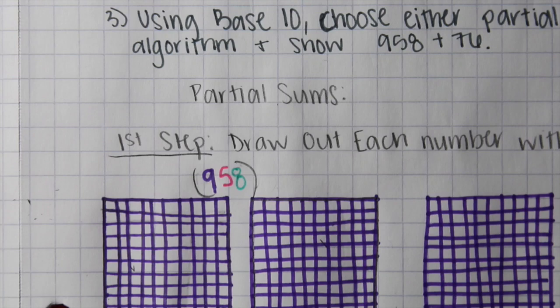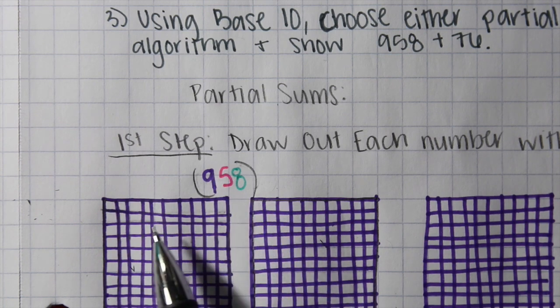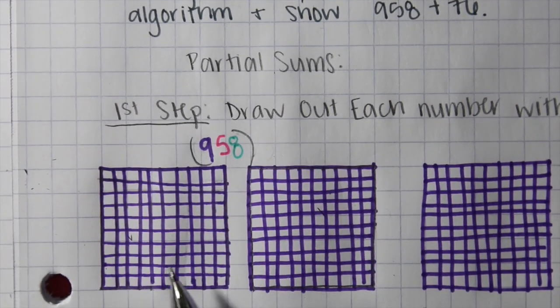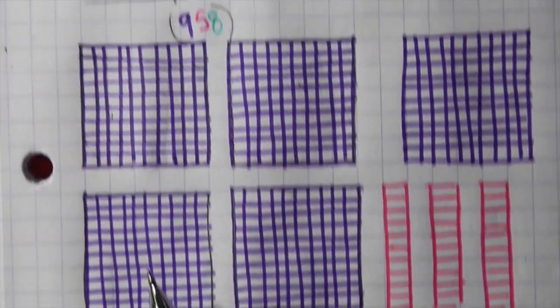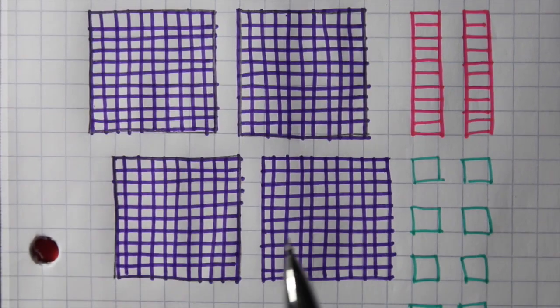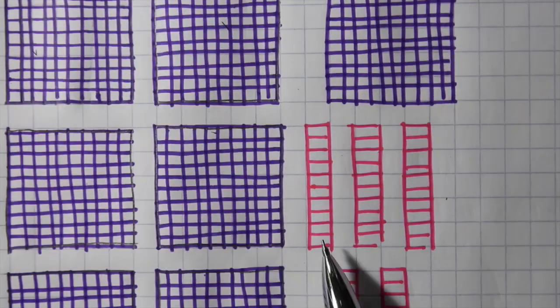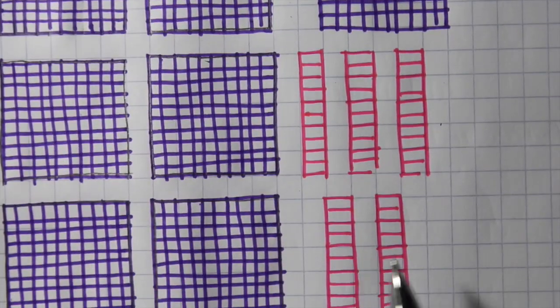So in the hundreds place we have 9. So I went ahead and drew out my 9 different flats representing 900, and that was done in purple again. So I'm going to go ahead and show that there's 1, 2, 3, 4, 5, 6, 7, 8, 9 different flats representing that 900. Then for the tens place value, we have 5 for 50, so I drew 5 different